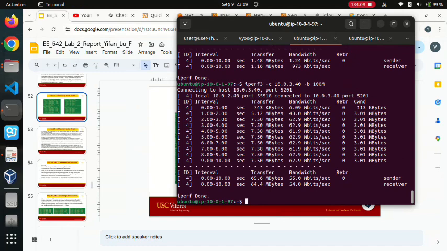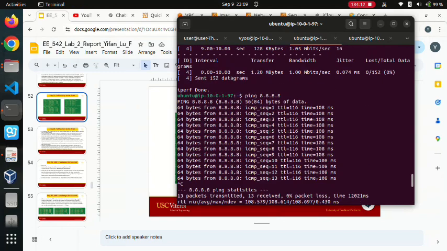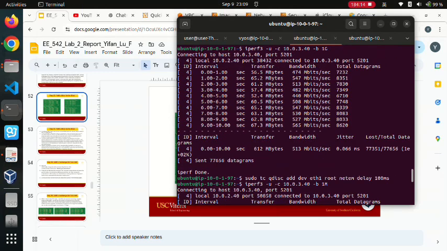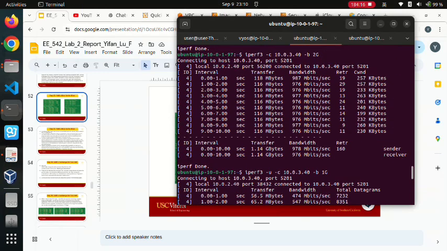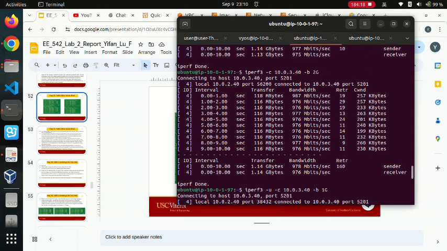The window is pretty high because you can see the test before. Although the bandwidth is 2 gigabytes, the window is just 200